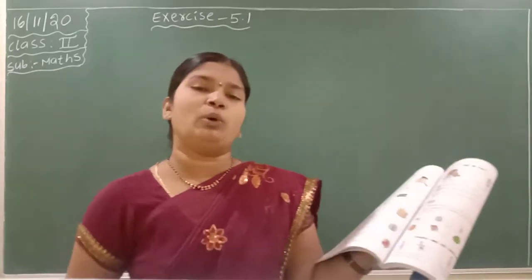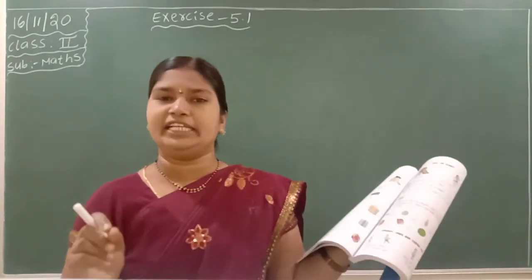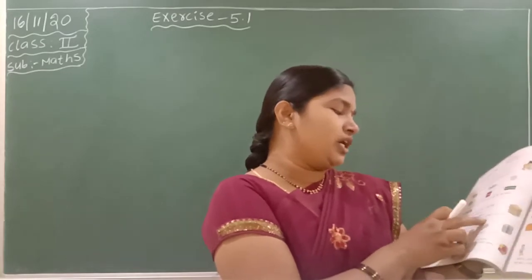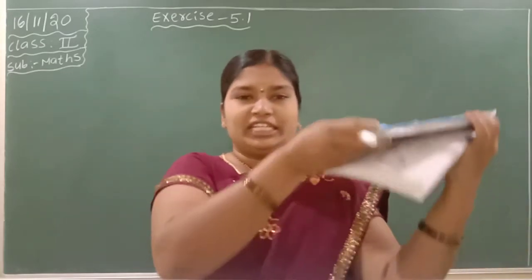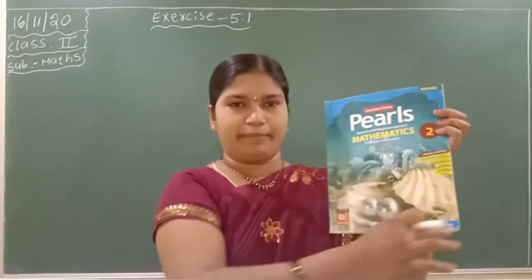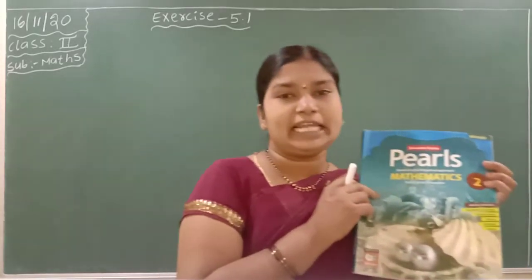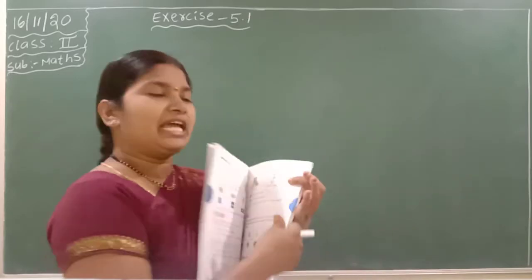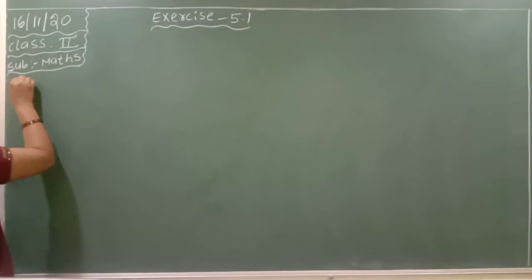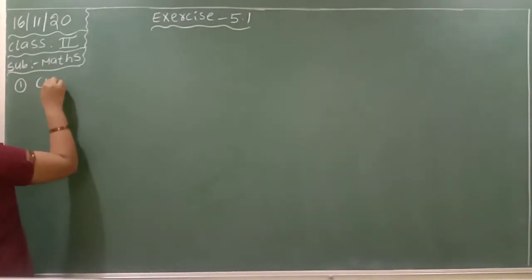They have given cuboid. Cuboid spelling: C-U-B-O-I-D. Next, what is the flat shape you see on the top face? You are keeping books like this. On the top, what are you observing? What is the shape of the top book? It is the shape of a rectangle. Now write the rectangle spelling. First one, they have given cuboid. Say everyone along with me, cuboid spelling, children. C-U-B-O-I-D.